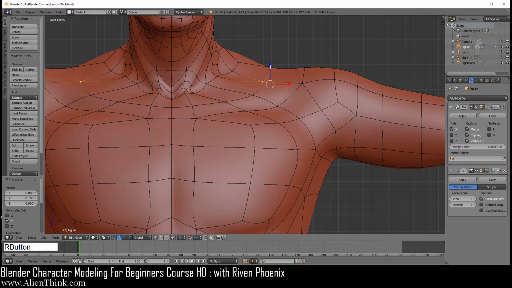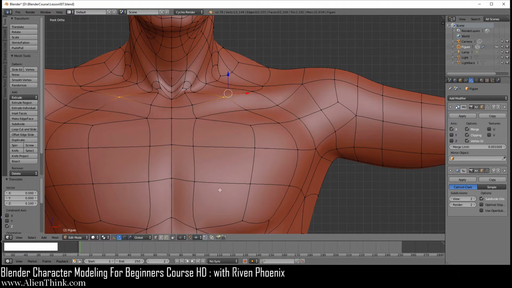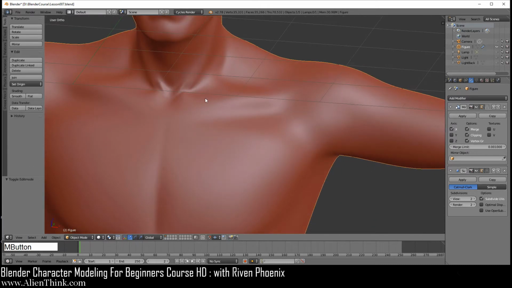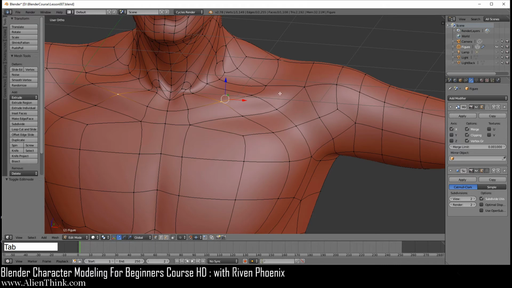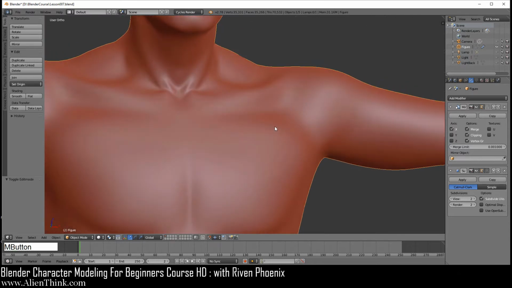Now you're going to click on this vertex and come down 1 time. This one, 1 time down. Click on this one, you're going to go up 1 time. Click on this one, go up 1 time. Okay. Now, if I do tab, you'll see that we're starting to define the clavicle, and I want it to go in this direction. If I do tab, all I have to do is really just rotate this edge over here. So if I click this, Control A1 and then 2, then tab, you can see that we've defined the